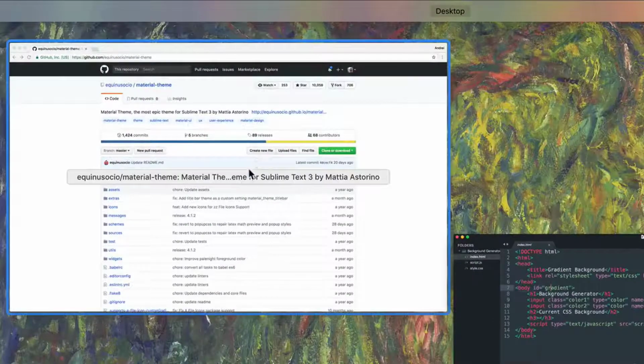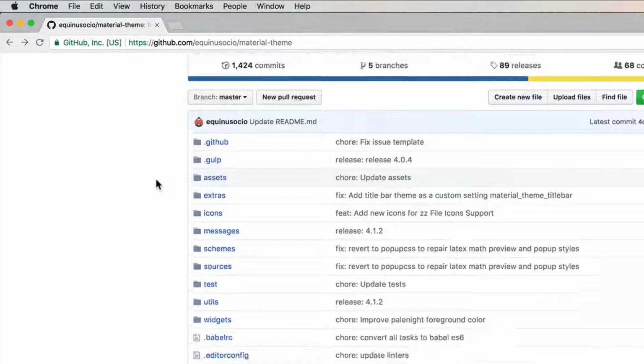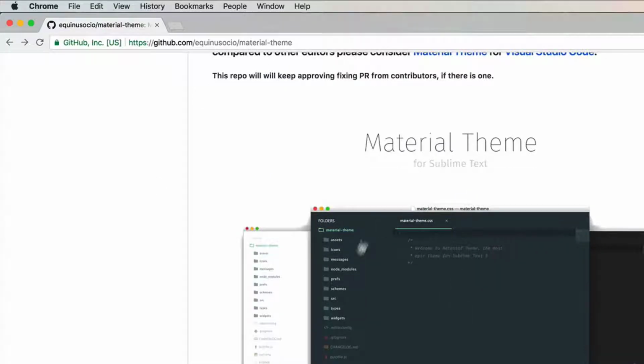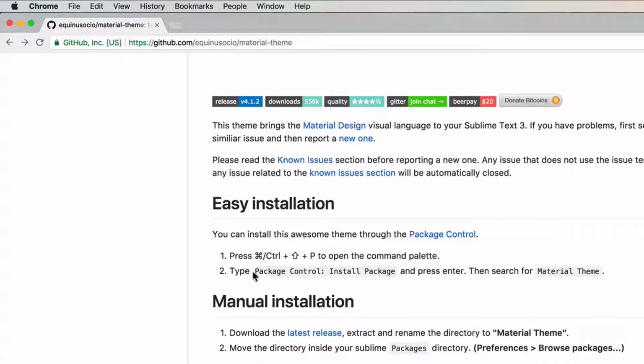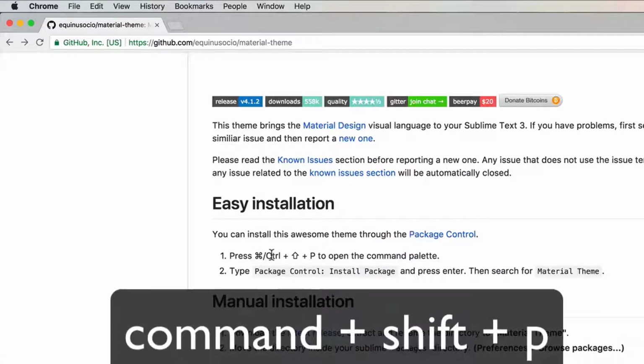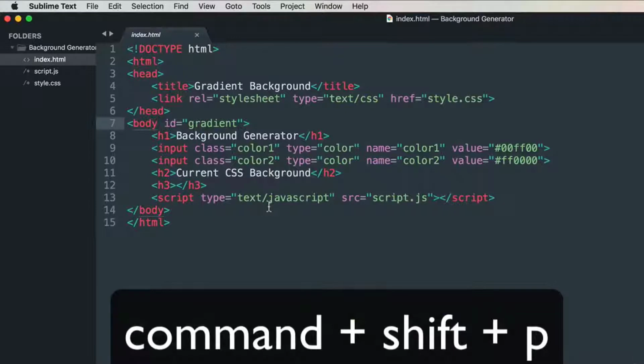But the one that I really like is Material Theme. I'll leave the link to this for you, and you can see over here that it makes your Sublime Text look really nice. If I go over this, we see that we can just install it with something called package control. And the way we do that, and it actually gives you pretty nice instructions, is we just need to press Command, or in case of Windows, Control, and P. So let's do that. I'm going to say Command-Shift-P,